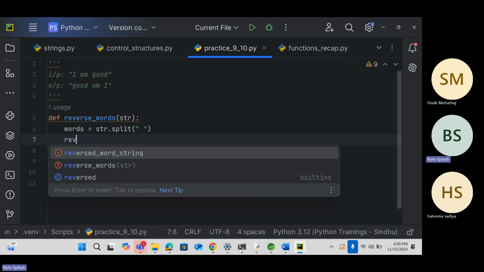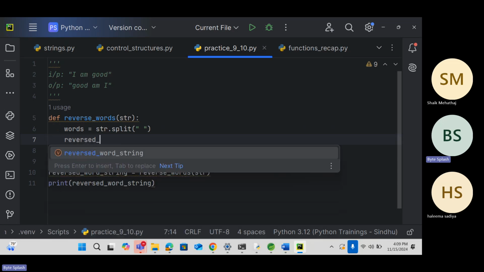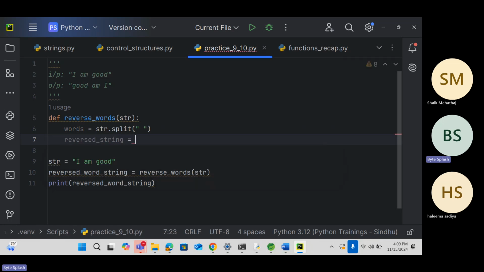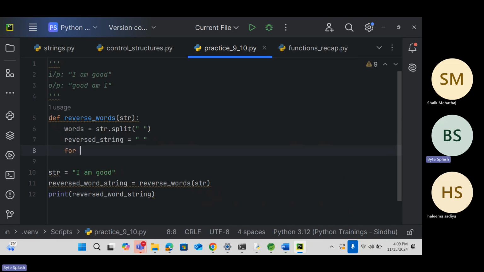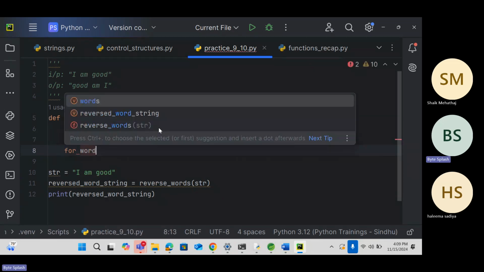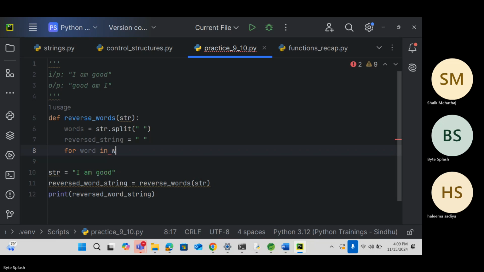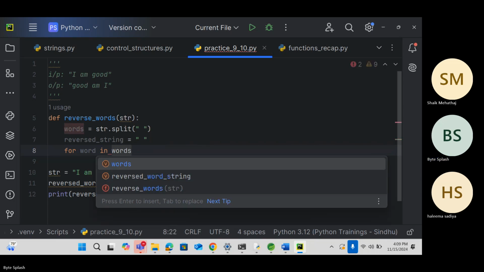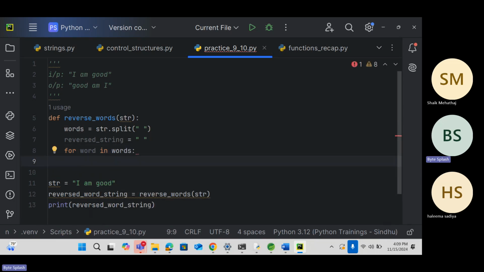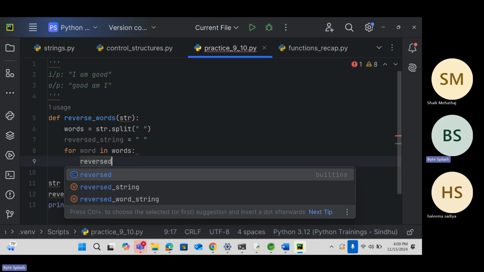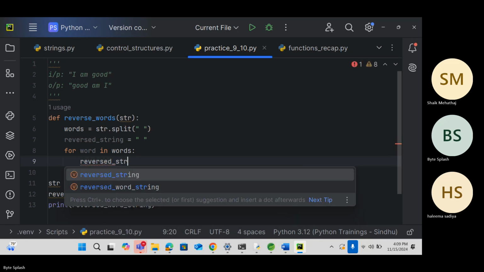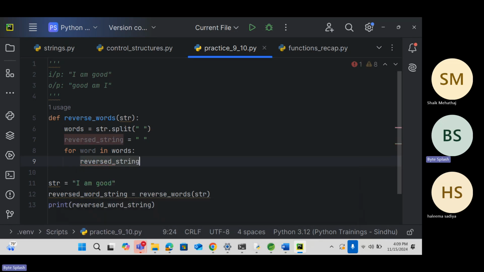Okay, say reversed string అని అనుకుందాం. ఓకేనా? empty. I will run a for loop for word in words. Okay, reversed string is equals to. ఇప్పుడు నాకు for word in words అంటే